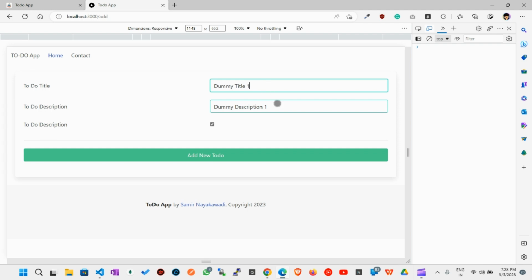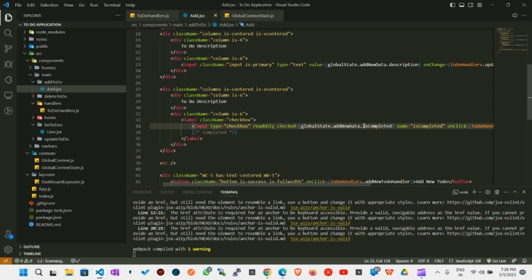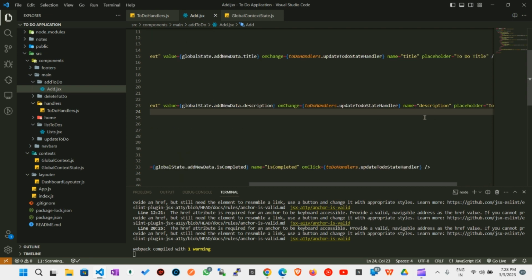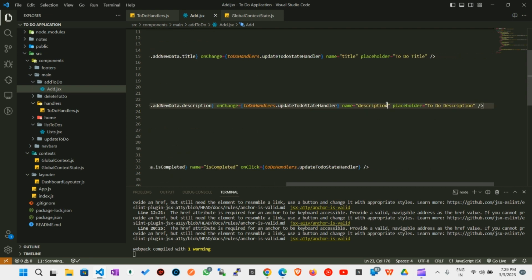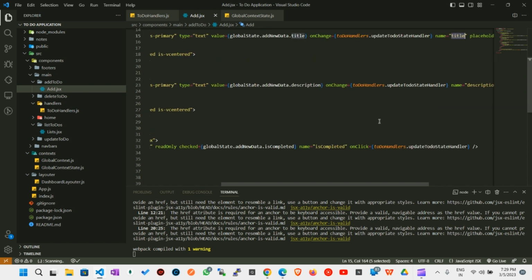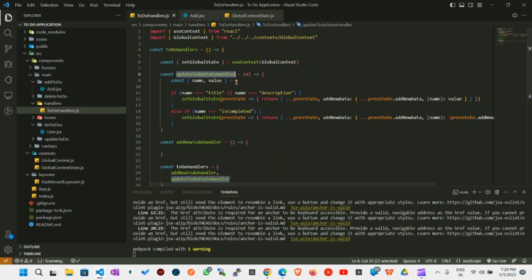And to resolve the issues. Okay, let it be. So to debug, first we need to check whether we have name. We have the name. We have this title. Okay, this is okay. Date to do state handler. This is okay. Okay, need to make sure the value is coming properly here,